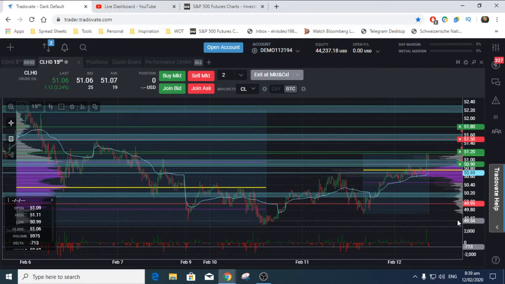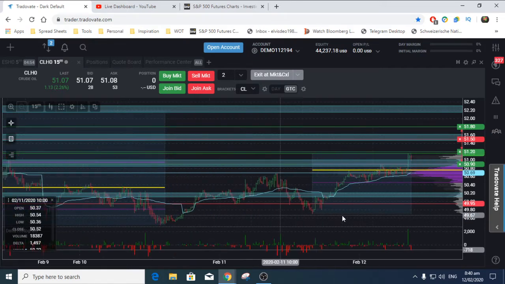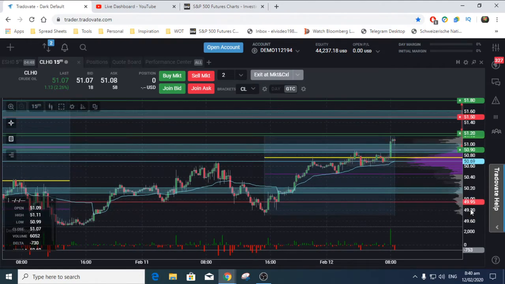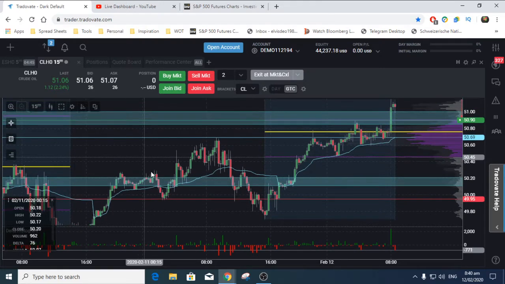Price acceptance point of control, you can see order book filling up at that 50.80, which was possible from our analysis. So we're looking for 1-to-1 and then a 2-to-1 on the trade.